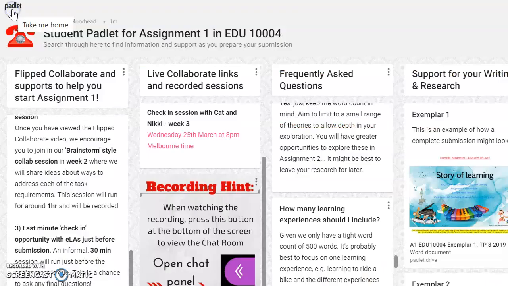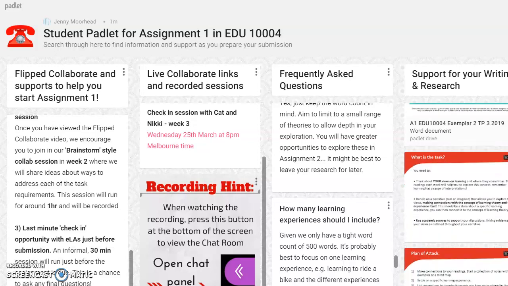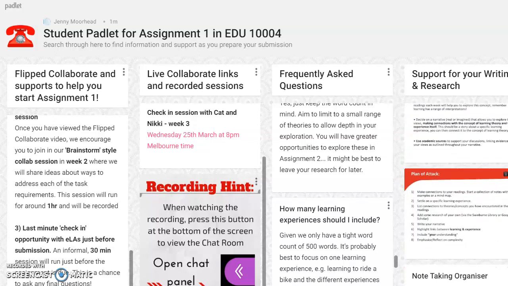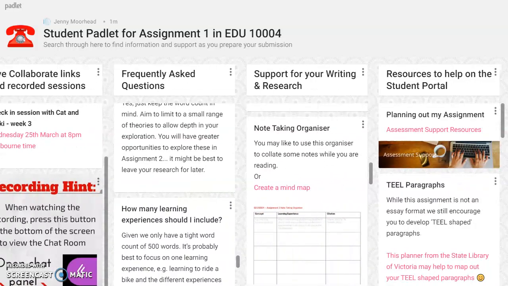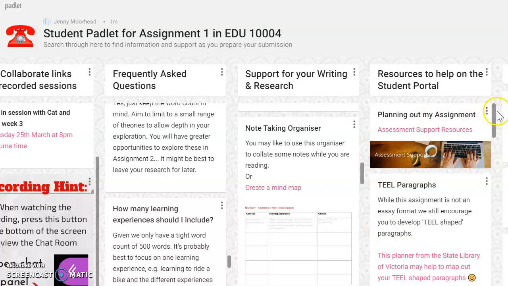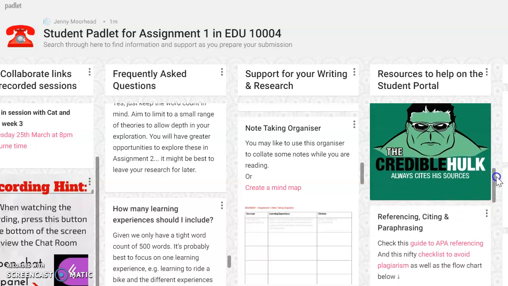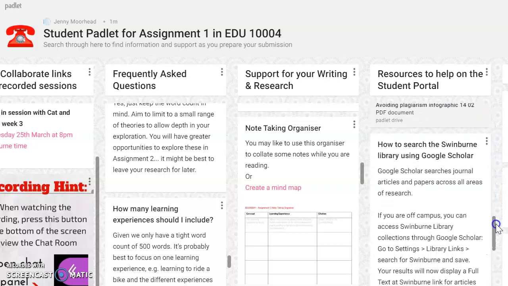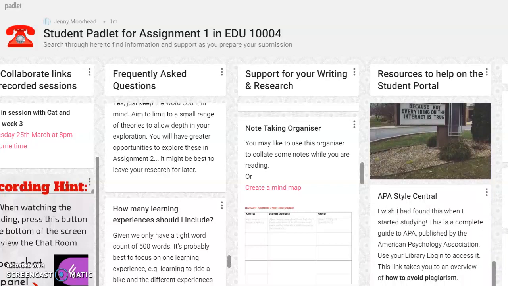So that's one exemplar, and we've got another one here. You can have a look through there. We've got some slides here that can help you understand what the task is, how to break it down, how to begin. Over here, if you come across any problems, these are all of the links in the student portal that will help you: how to access the library, how to reference, how to find valuable resources. And then over here is in case you have any issues. So pop in there if you need any extensions or anything like that, because we